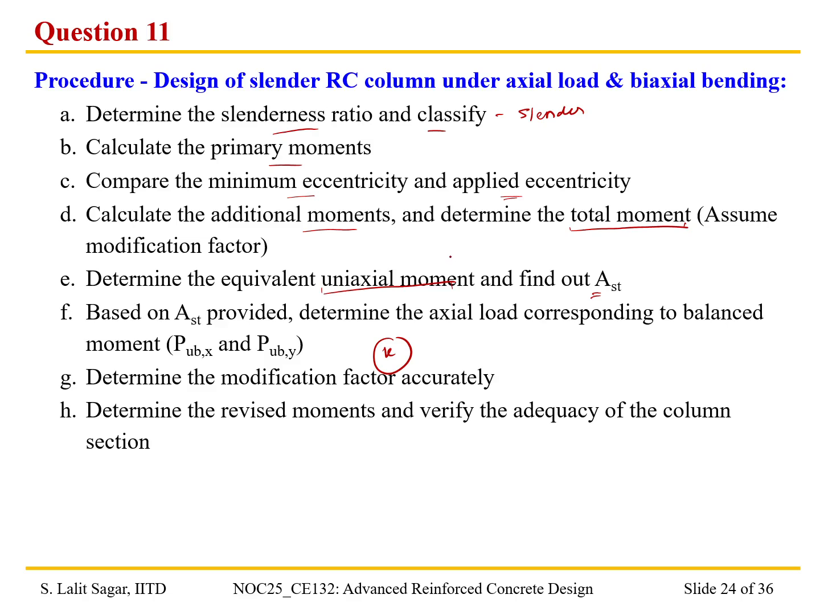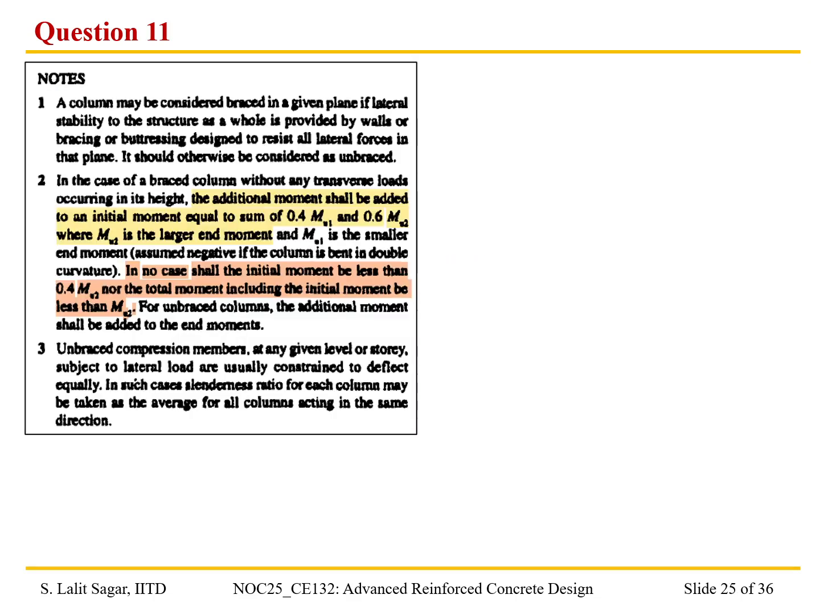So now let us find out the primary moment. We have this Mu1 and Mu2. Mu1 is the smaller moment, smaller than Mu2, and if the column is in double curvature, this Mu1 can be negative. So the primary moment is given by, what do we call this primary moment,